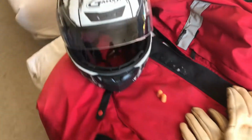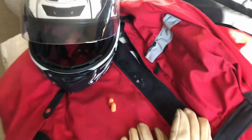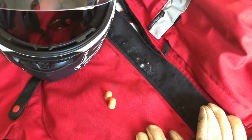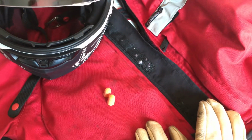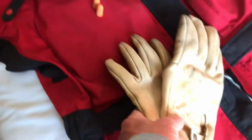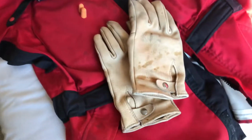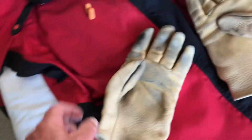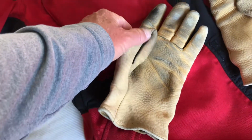Full face shield. Aerostitch jacket. Red this time. The blue one's a little bit that I've been wearing the last several years. Got too big for me. Always take earplugs with me. These goat ropers from Aerostitch are super comfortable, and they've got a little scraper to scrape off any of the